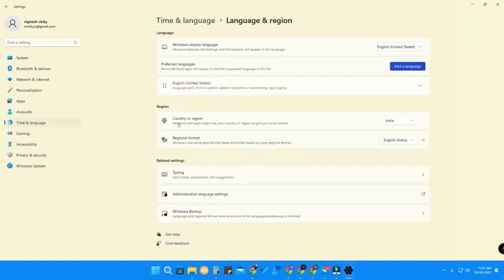and here is the option. Under Region, here is the Country or Region option. You have to change this region. If you are in India, change it to the US, because currently the Windows Subsystem for Android is supported only in the United States. So in case you are outside the United States, if you are in India, you have to change the region to the United States, and after that you can easily install the Windows Subsystem for Android